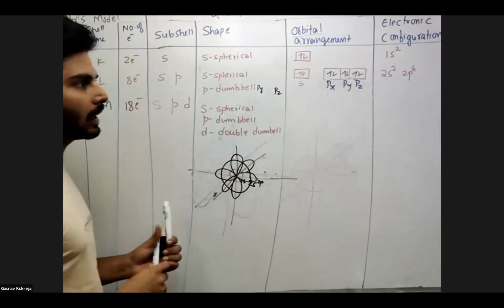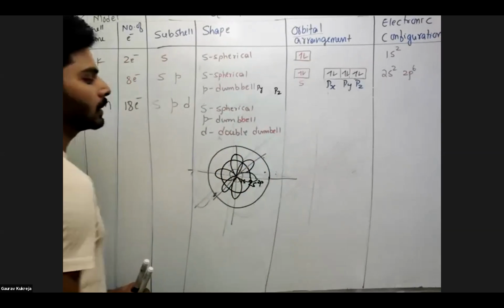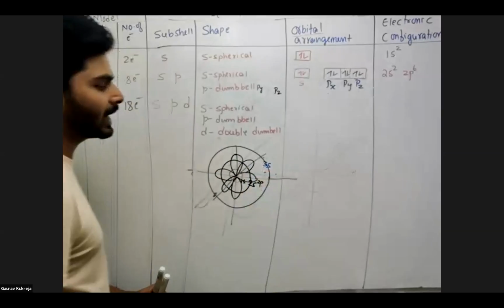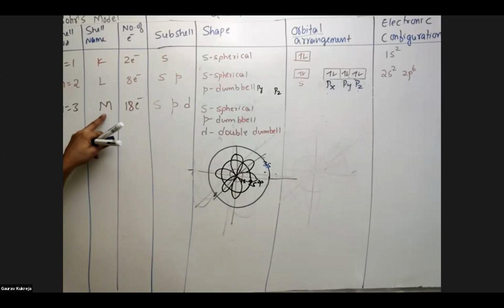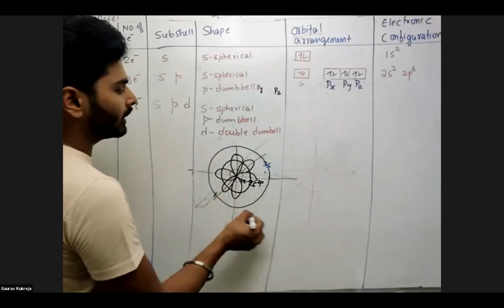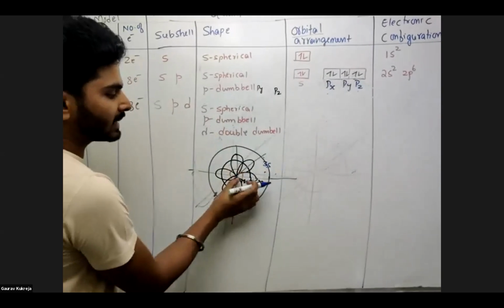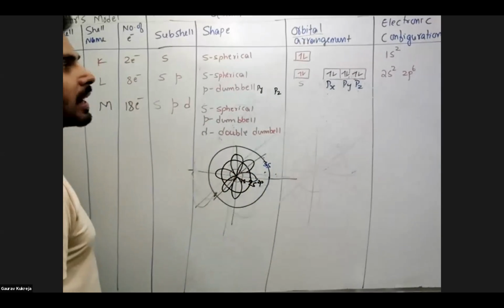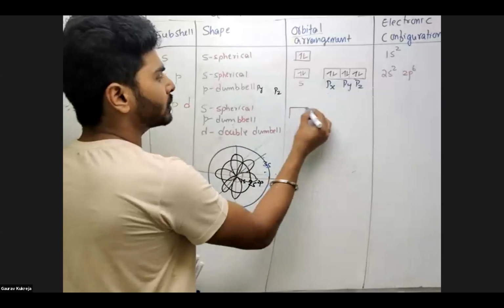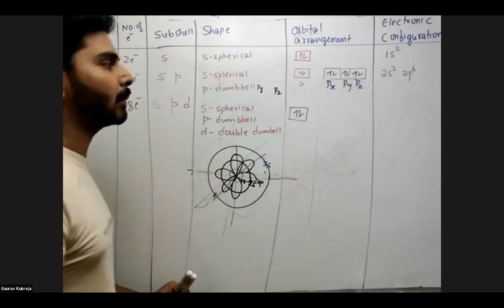After this, what happens? Again a spherical orbital will come, bigger in size as compared to 2s. So it will be like this. This is considered to be 3s, because all three subshells, S, P, D, you have to understand within the M shell, which is the third shell. Another 2 electrons will revolve in this manner. So after 2p you get this S again, bigger in size as compared to 2s as well as 2p, bigger in radius also, because now it comes under the third shell. Whenever you say spherical, you can expect only 2 electrons.